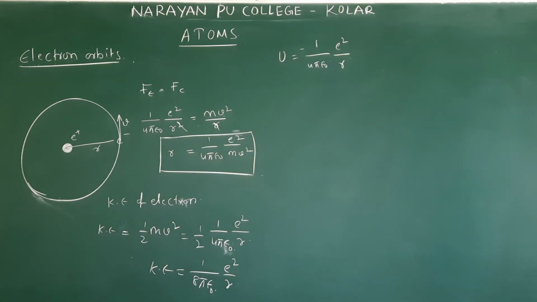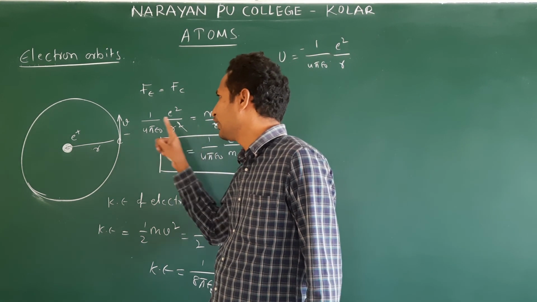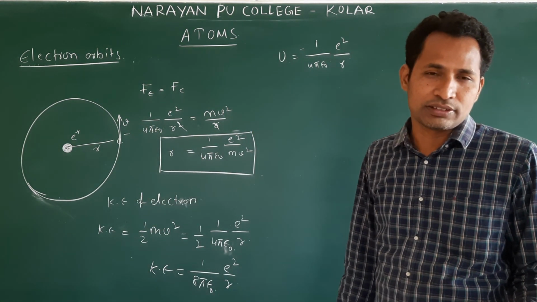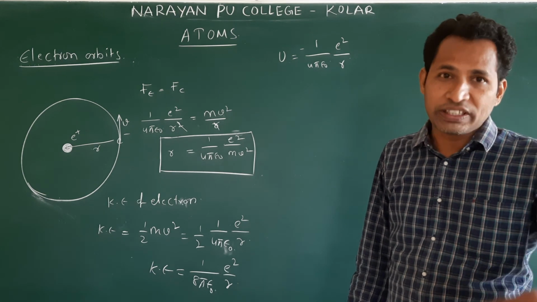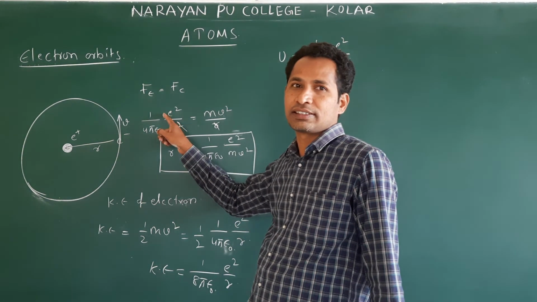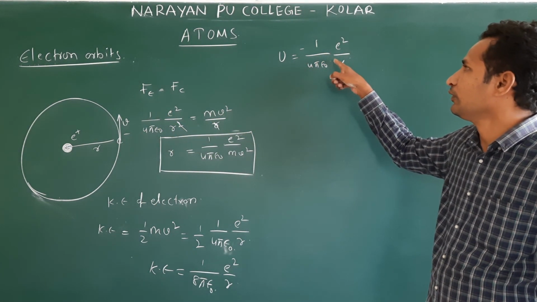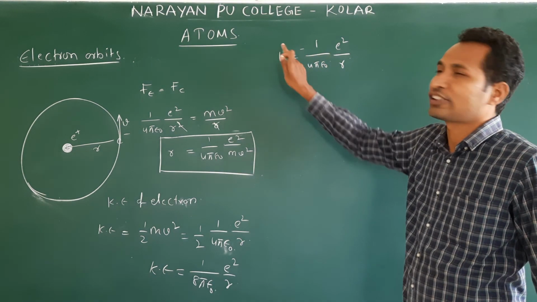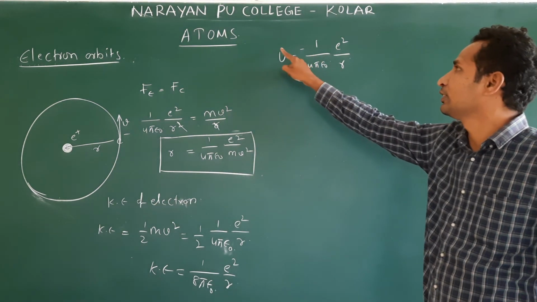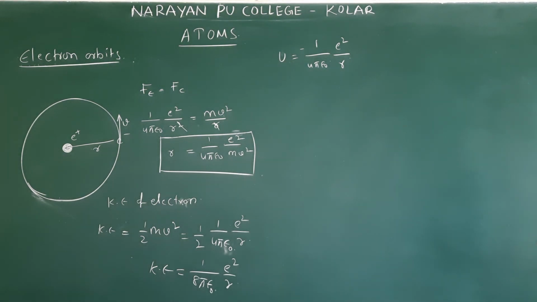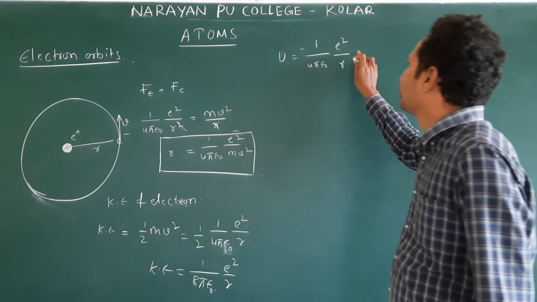In potential energy we will consider the sign also, but in force we don't consider it. Reason: if negative comes, it means the force is attractive. If positive comes, it means the force is repulsive. So we are giving the names attractive and repulsive. That's why we don't write minus in force. But in potential energy, if negative comes, what does it mean? It is an attractive force. We need to know that, because for forces we give the directions, but for energy we cannot. Understand? Now this is potential energy.